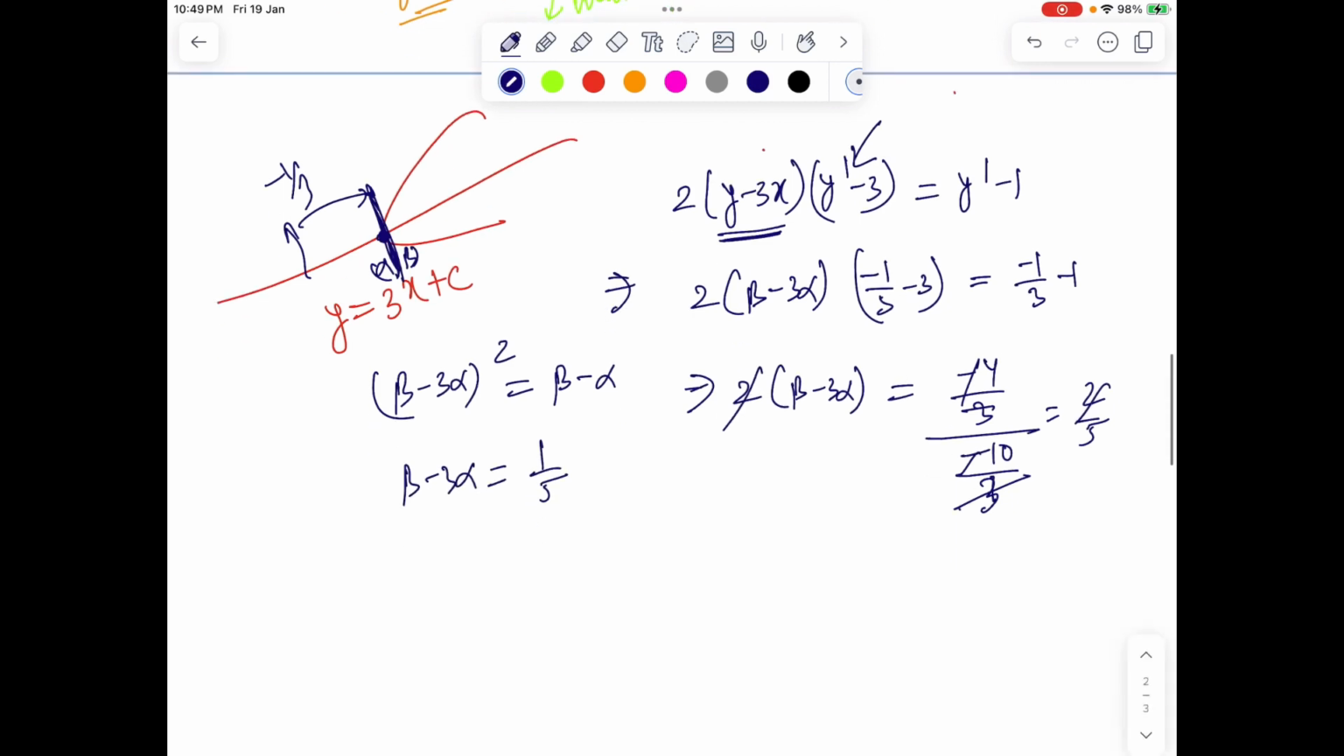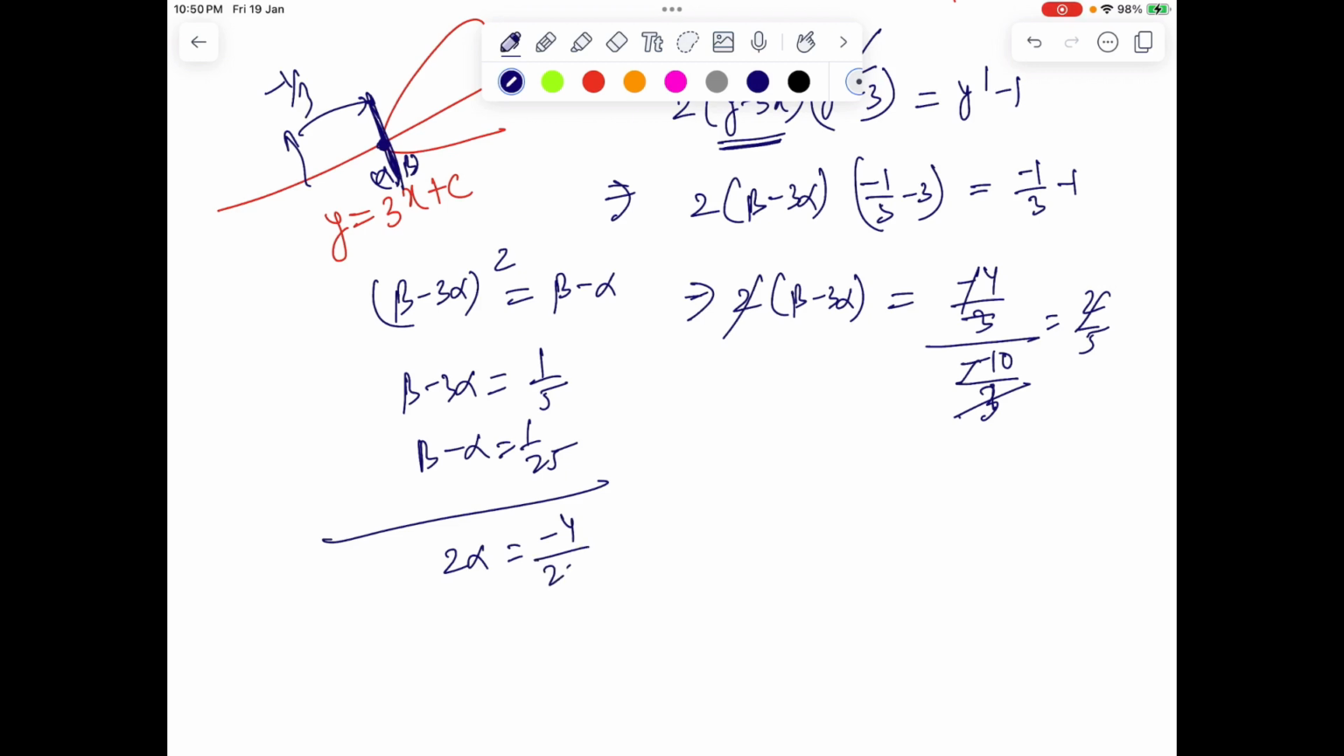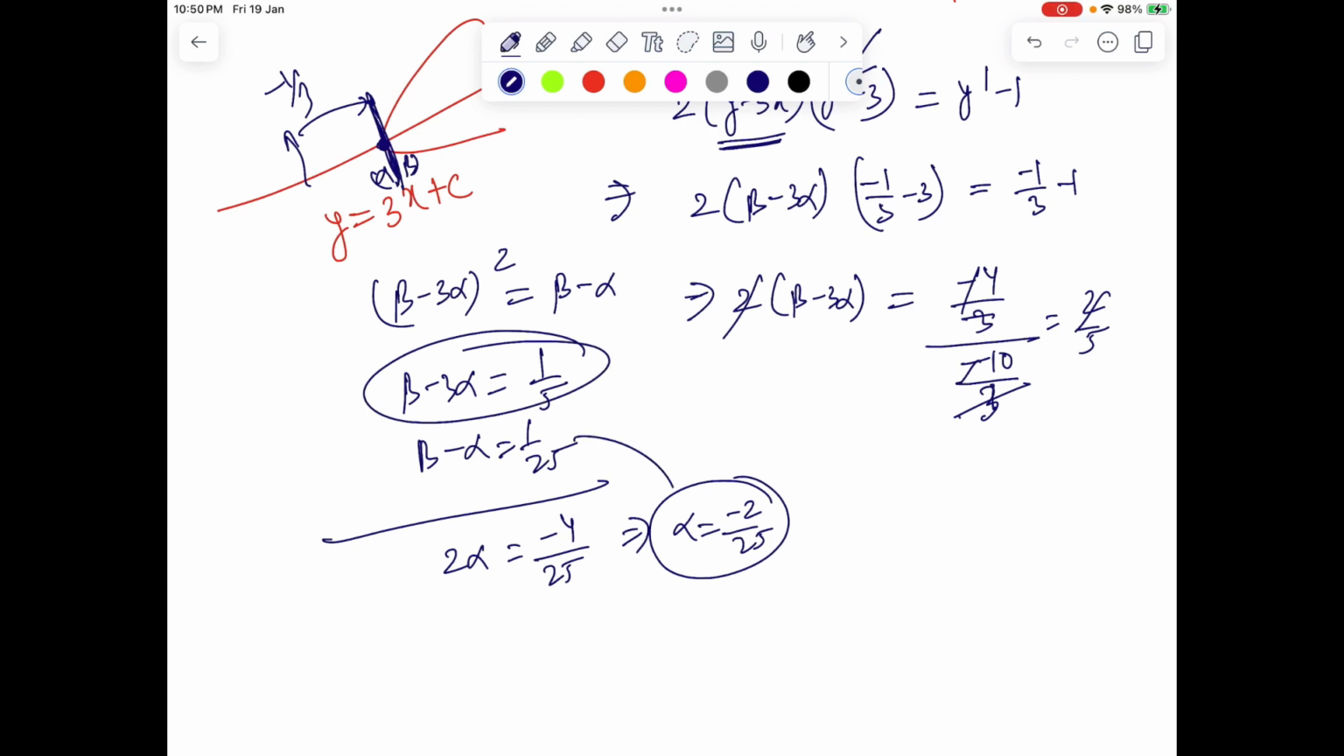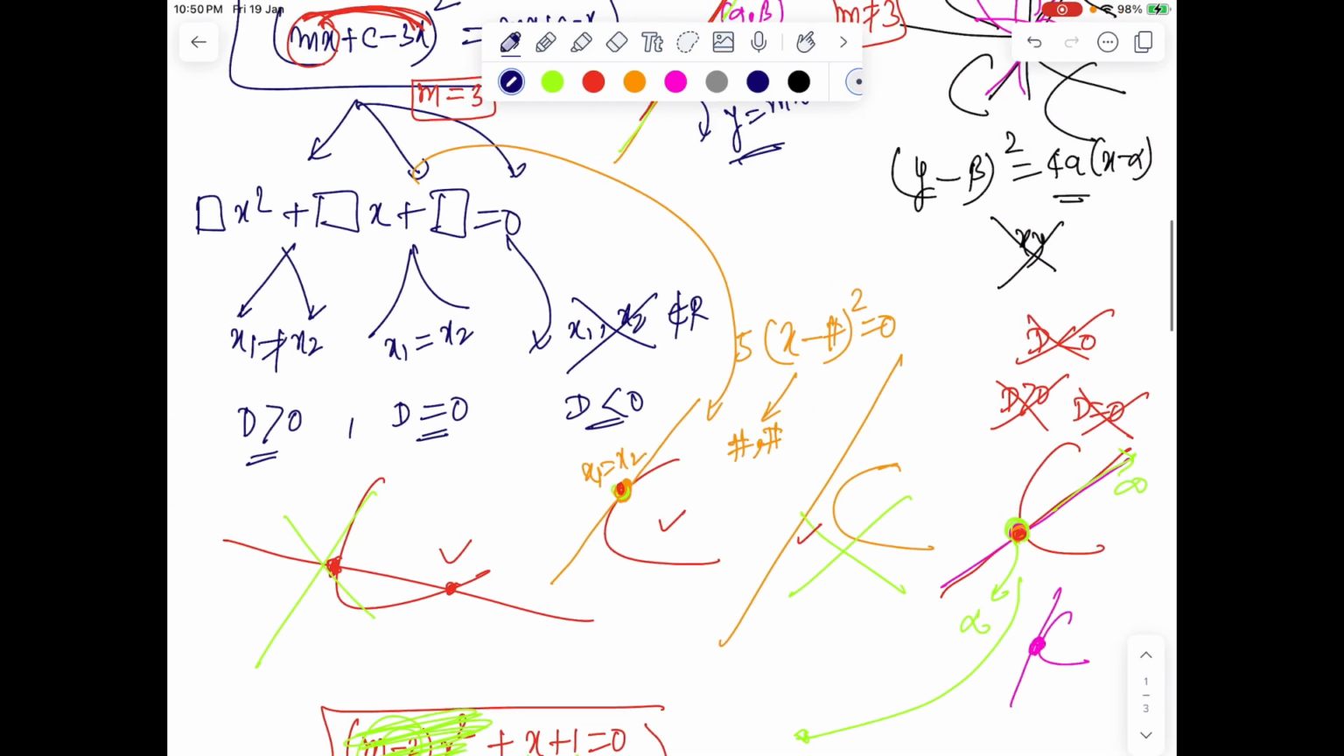We have 2 by 5. The 2 cancels, so beta minus 3 alpha equals 1 by 5. So we can subtract this equation and that will give 2 alpha is minus 4 by 25, which implies alpha equals minus 2 by 25. Now once you know alpha, you can put it in either of these equations and that gives beta equals minus 1 by 25. So the vertex is known, hence alpha beta equals